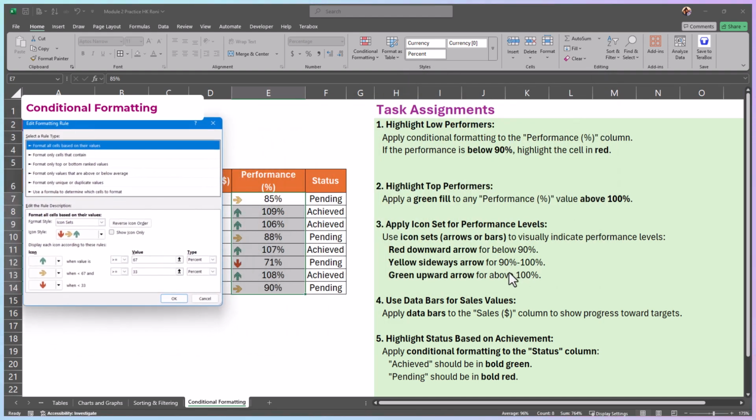Okay, so the first, top level range is above 100%. We'll select Number here, and as the value we'll put 100%. And then comes the second one. We need to put yellow sideways arrows for the range in between 90 to 100%. So we'll put 90%, and by default it will take the value here once you click something. Now if you press OK,